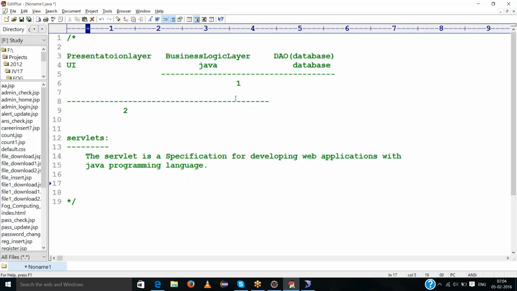The servlet is a specification for developing web applications with the Java programming language.